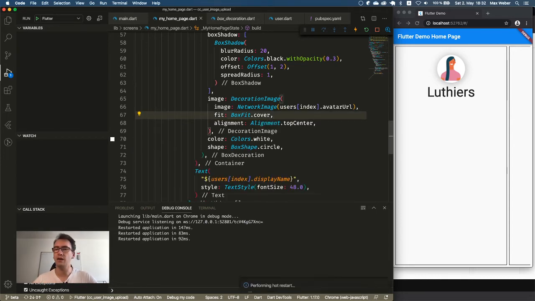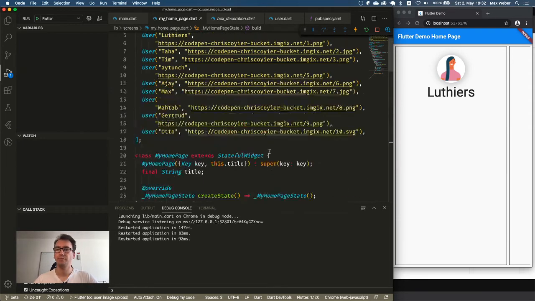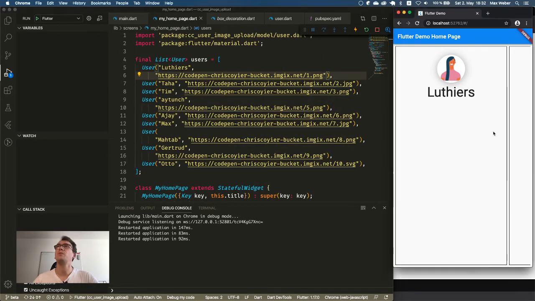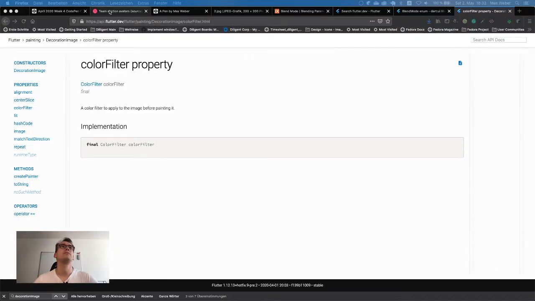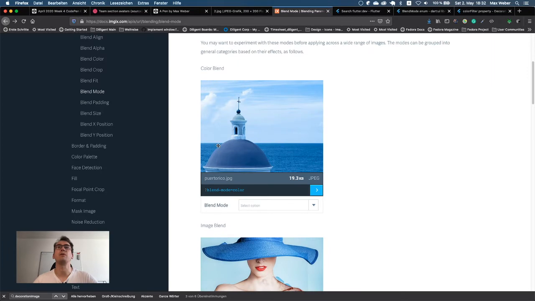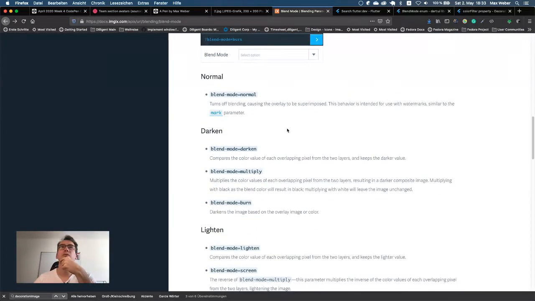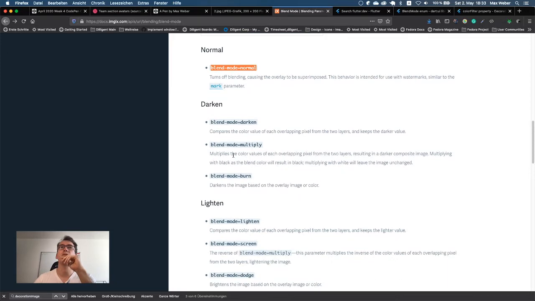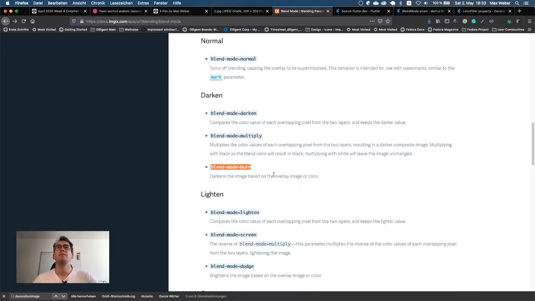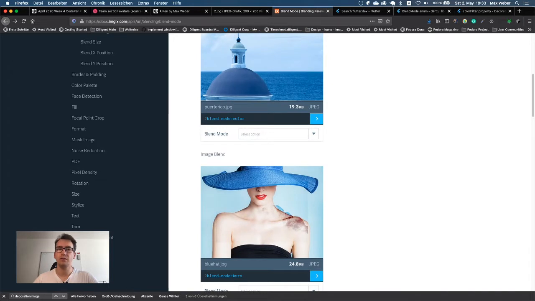And what we do now is use the color filter from ImageX so far. What that means is we want to go to that sponsored website where it lives. I think it is here. Yep, here, blend mode. Now we just read how this works. Blend modes determine how color, image, and text overlays work. Blend mode normal, and then we can do this with the different blend modes. So let's have a look how this turns out.